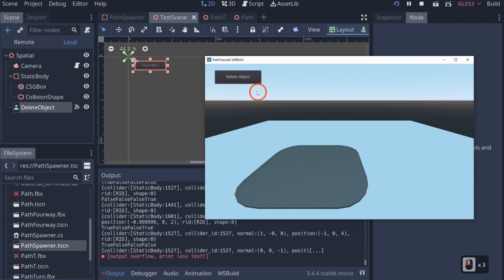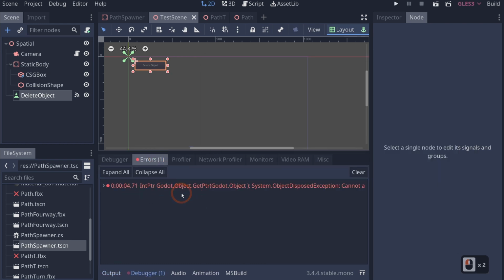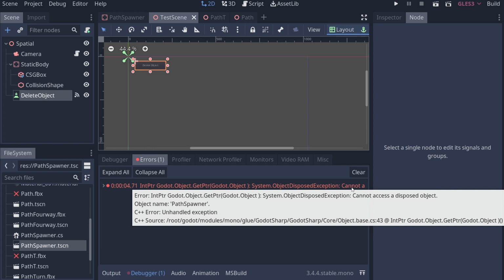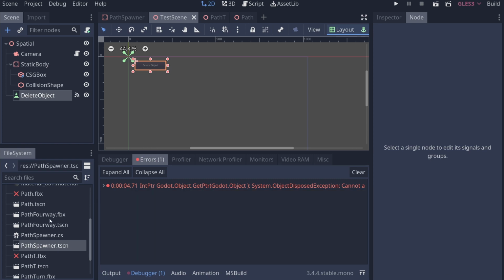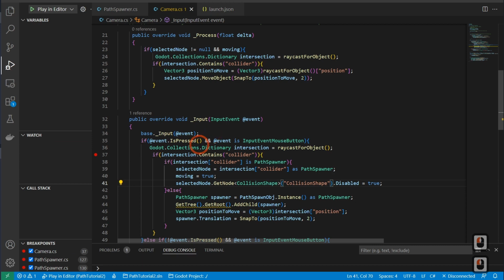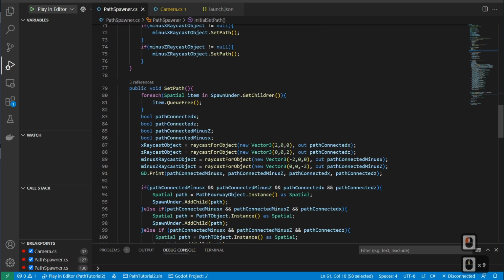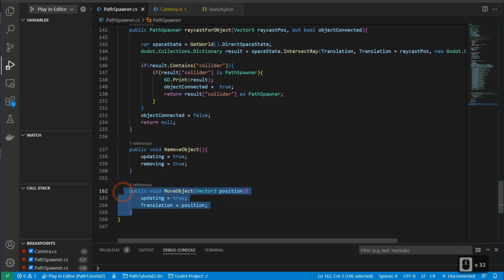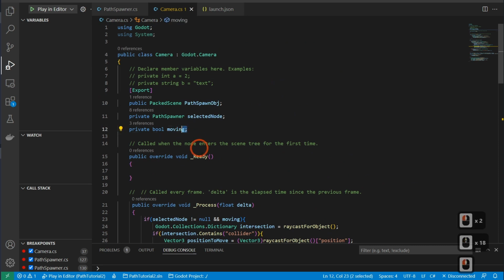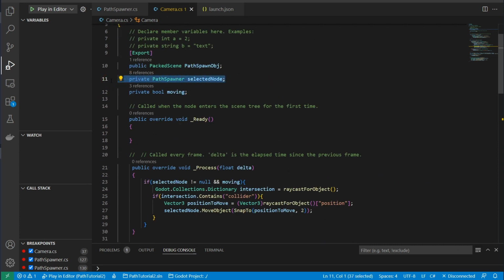Nice. And if we click it and delete it, now if you look at our debugger, you see that we have a cannot access a disposed object. Now the reason why this exists is because what we're doing is we're queue freeing our object over here. We're actually removing our object down here. And we have our object selected up here still. So you need to be careful of that because a lot of times if you have references to that object, you need to go ahead and stop and delete all references to that object